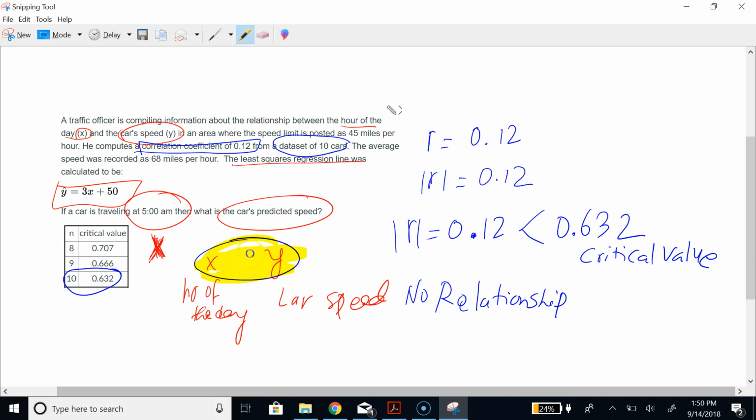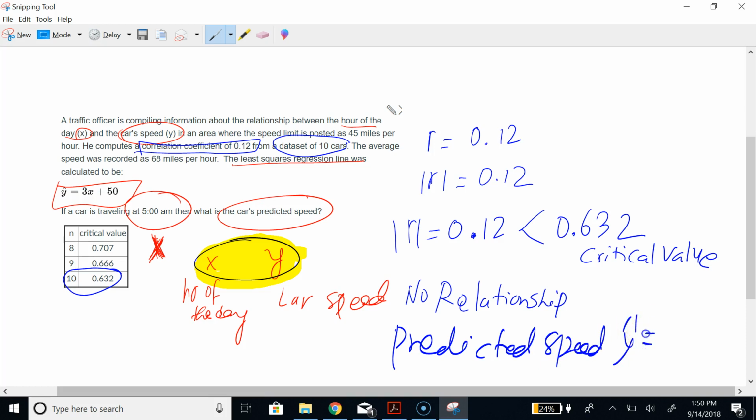If there is no relationship between the variables, as you know, the predicted speed y hat is going to be the average of y. But we don't have y listed here, but we do know that the average speed is